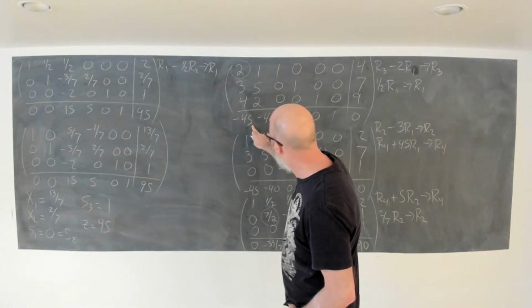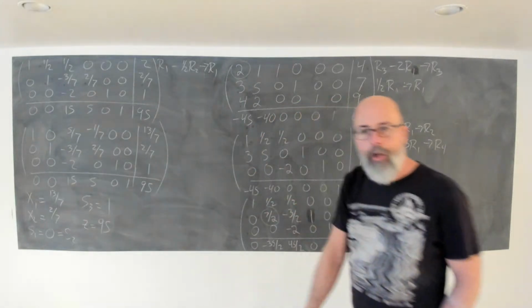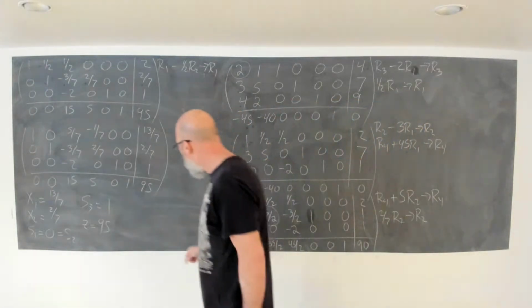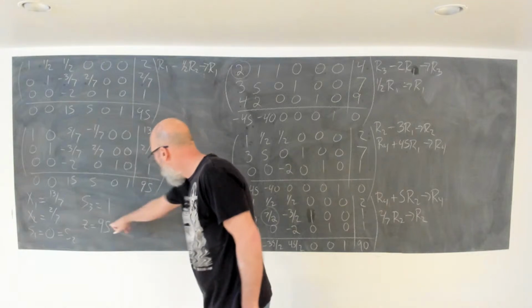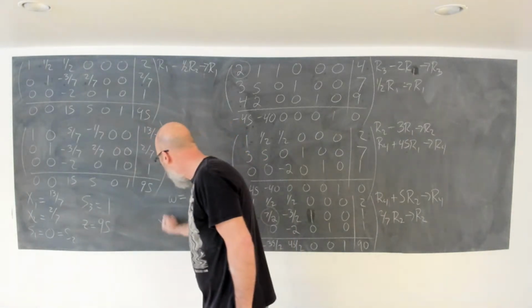Those are big numbers. So big. Well, I'll let you check that. But what we're interested in was the W. So W and the Z will agree, and